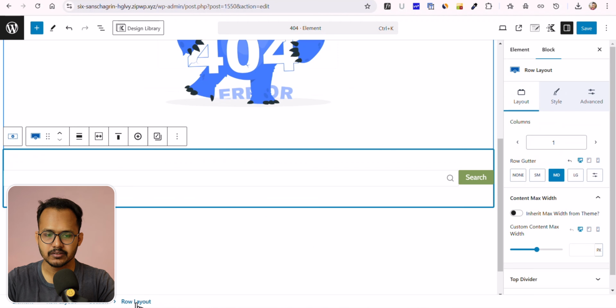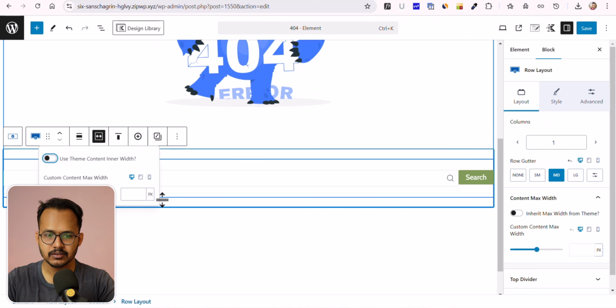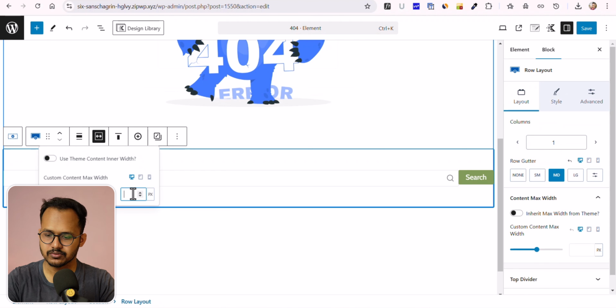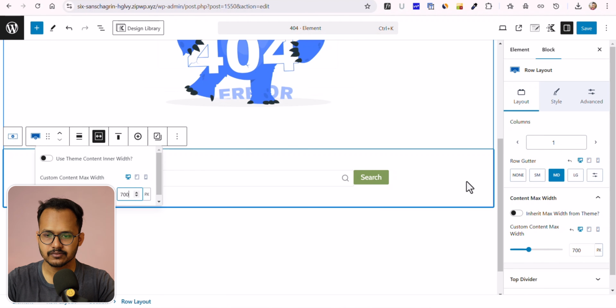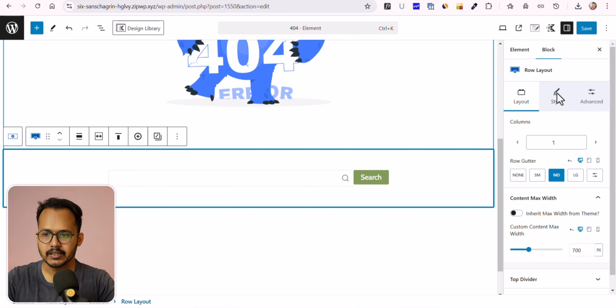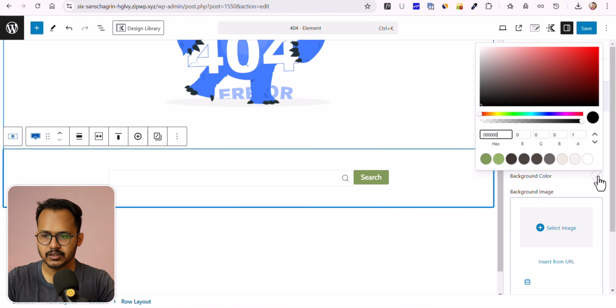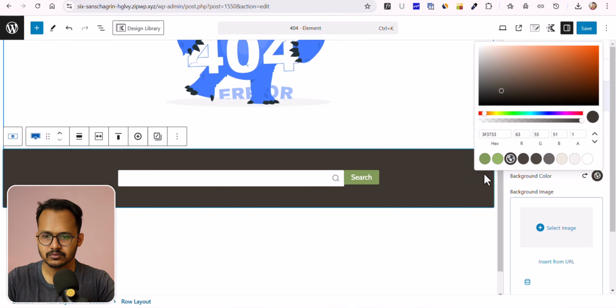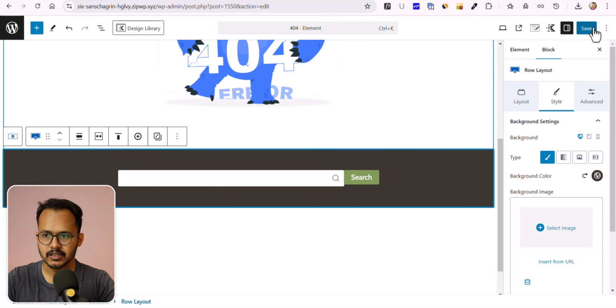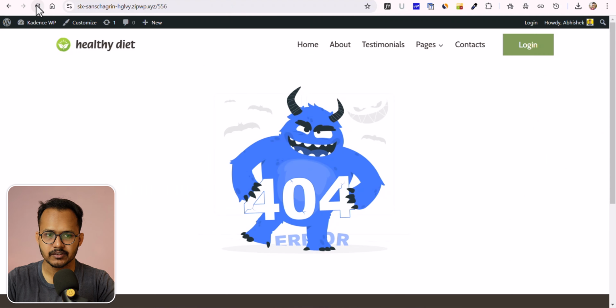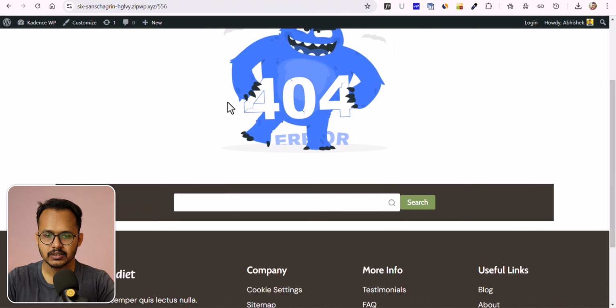Now I will select the row layout and set the max width to 700 like this, and I can add a background as well. Let me do that, something like this. Now let me click on save and refresh this page, and as you can see